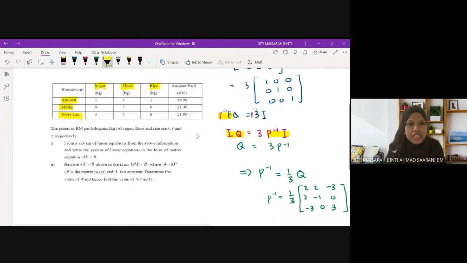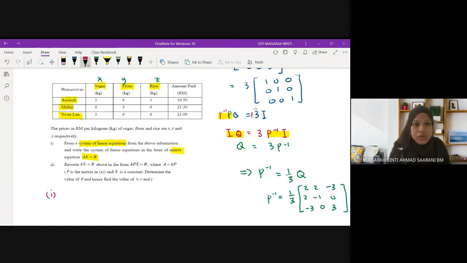Okay, the price in RM per kg of sugar, flour, rice are X, Y, Z. So maksudnya this is X, this is Y, this is Z. Form a system of linear equations from the above information, and write the system of linear equations in the matrix equation AX is equal to B. So jadi first kita buat dia punya